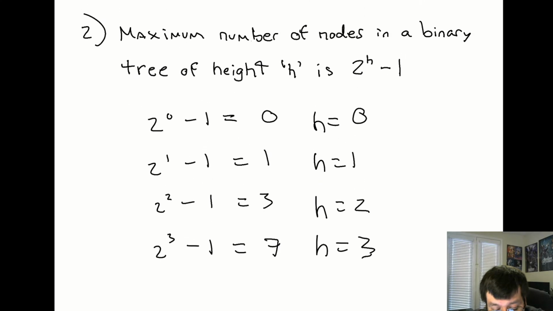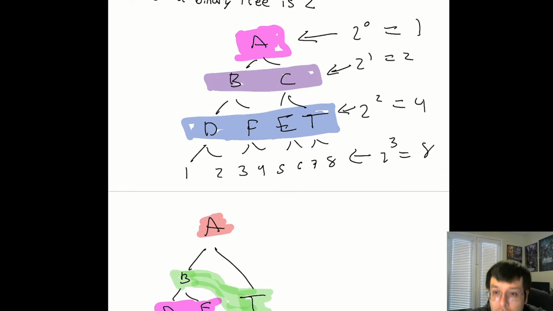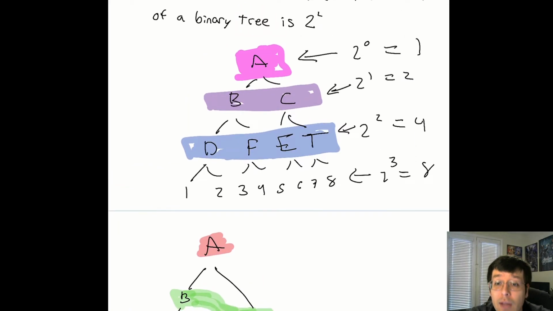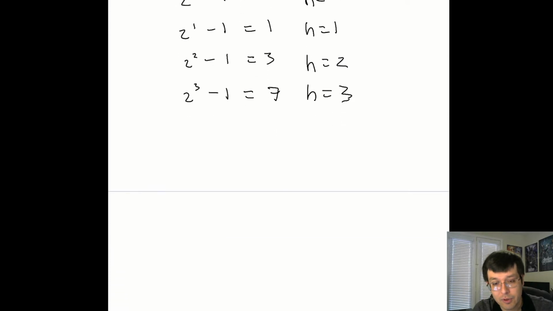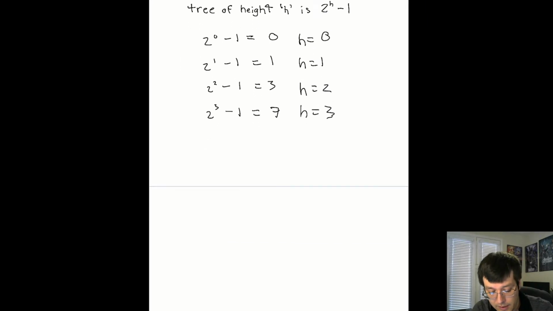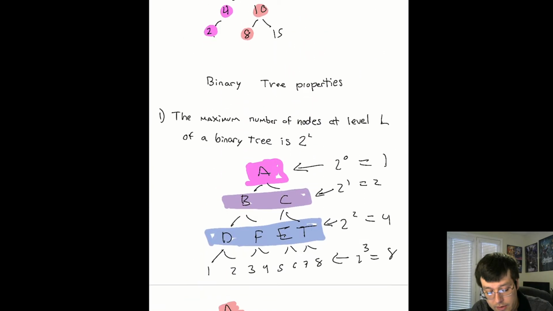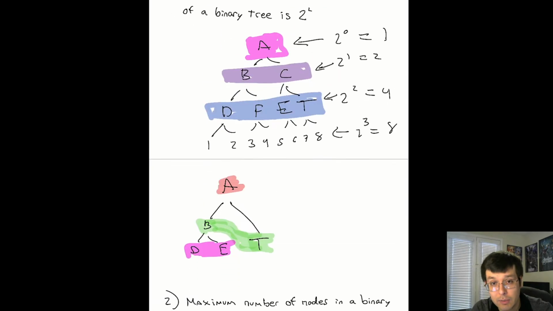Okay? So before, we were looking at the number of nodes at a certain level. Now we want to see the number of nodes of the entire tree. This is definitely useful when you're allocating memory, if you want to make sure that you have enough space for a certain height of a tree. This is where your array-starts-from-0 thing gets wonky, okay? We can consider the root level to be level 0, right?